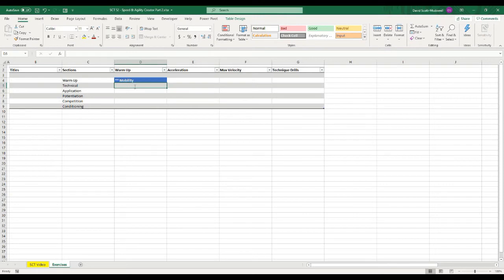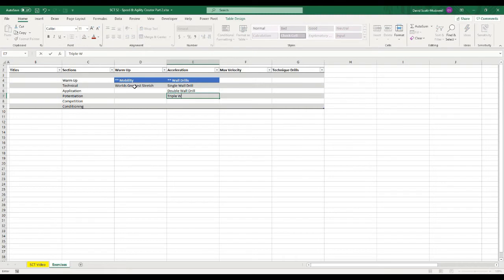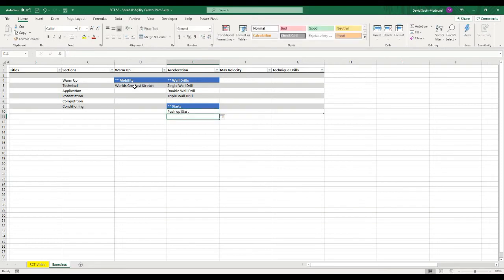So maybe under here I want to put world's greatest stretch. And then under acceleration, maybe I want to have wall drills. And then single wall drill, double wall drill, triple wall drill. Maybe then I want to add starts, and I want push-up start, maybe half kneel start. I don't know, what's some other starts? Up tall and fall,